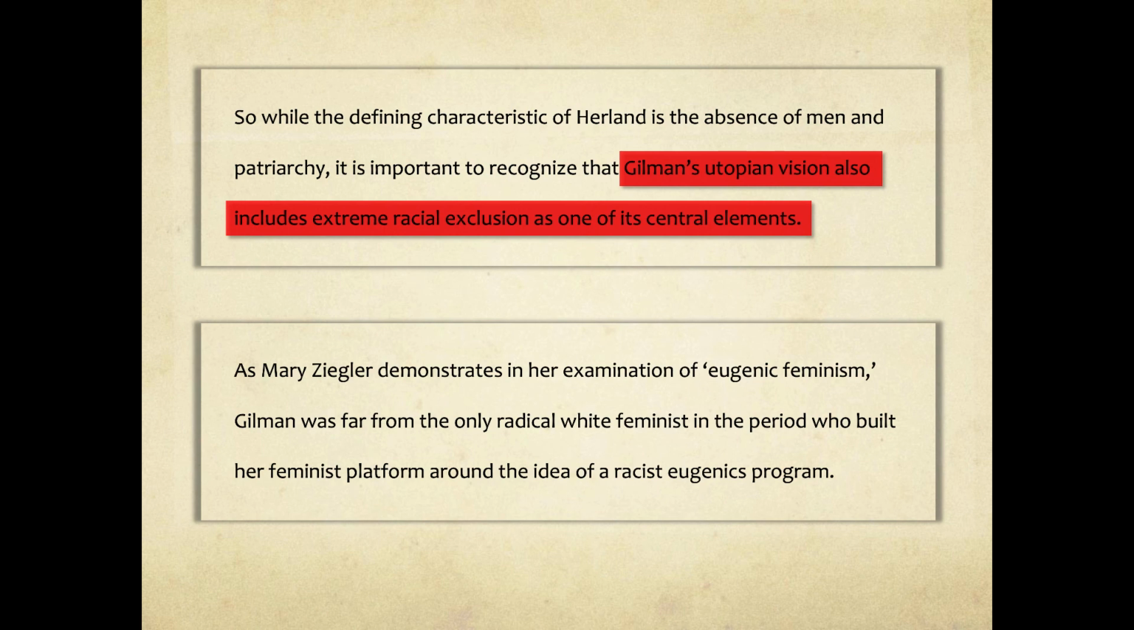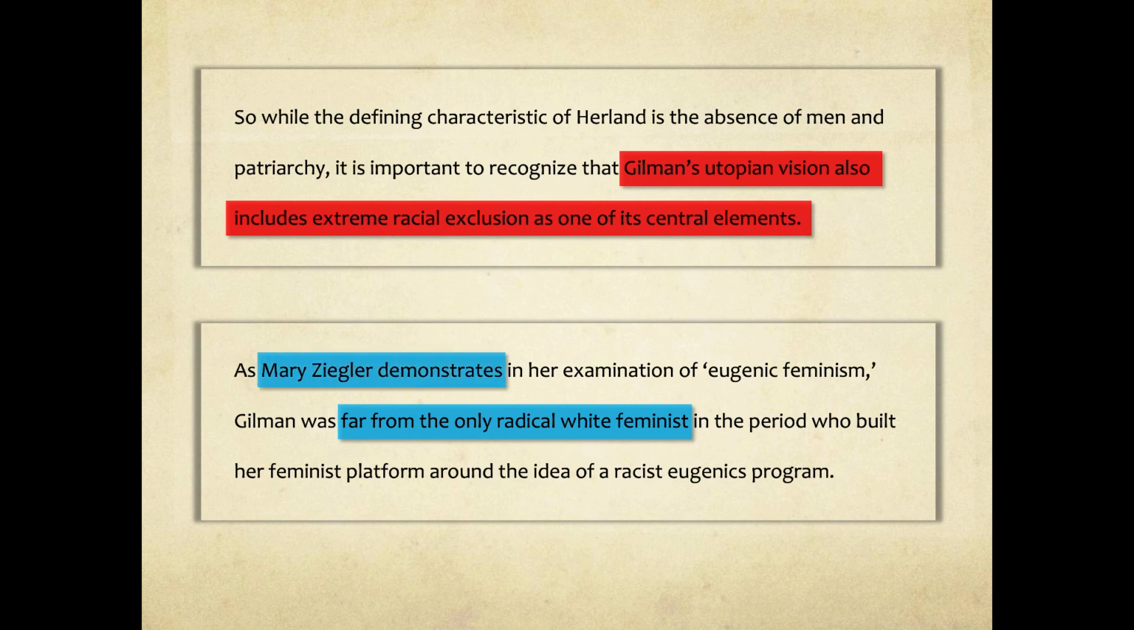As Mary Ziegler demonstrates in her examination of eugenic feminism, Gilman was far from the only radical white feminist in the period who built her feminist platform around the idea of a racist eugenics program. Okay, I think it should be pretty clear how this sentence is doing the work of both a topic sentence and a transition sentence. As a topic sentence, it's telling us that the paragraph we're about to read will establish that the type of racist feminism that we see in Gilman's novel was part of a much larger movement. We're prepared to receive contextual evidence and probably scholarly source references that establish this connection between Gilman and other feminists